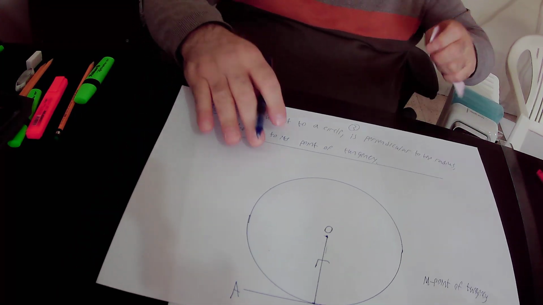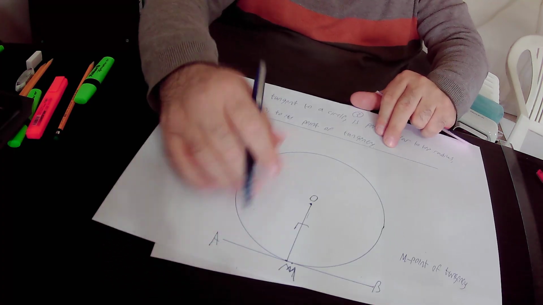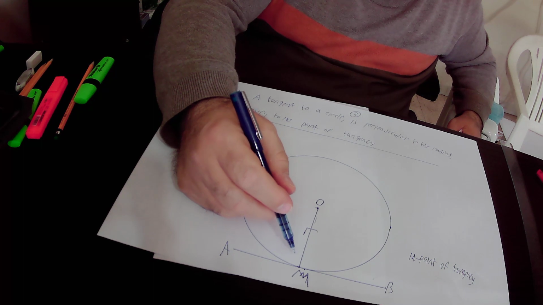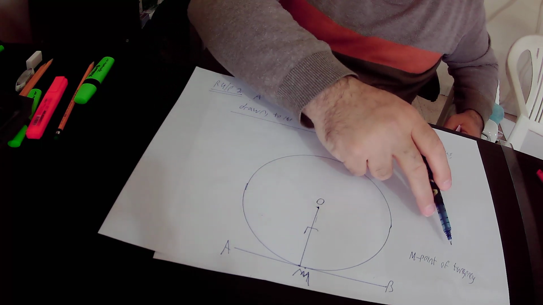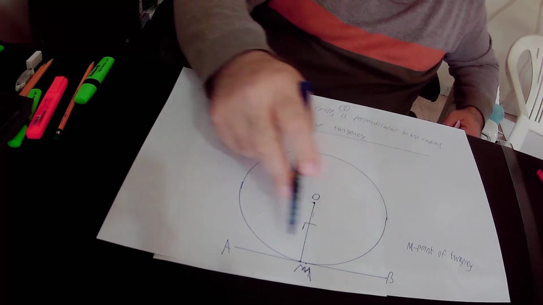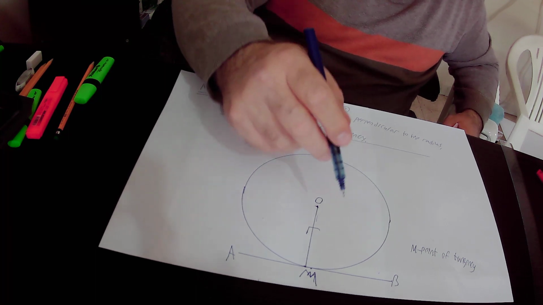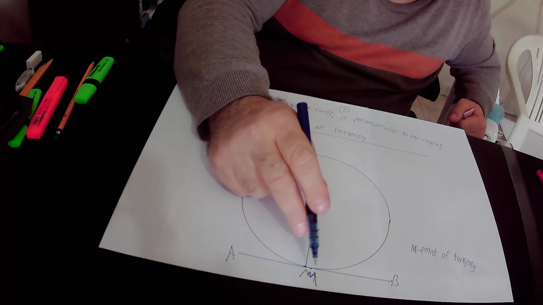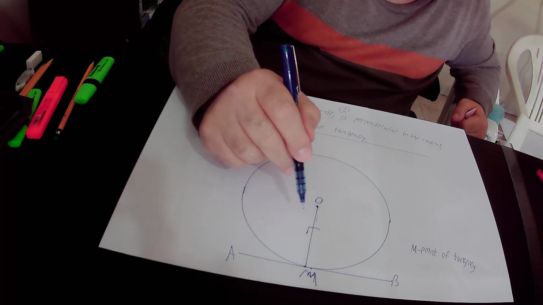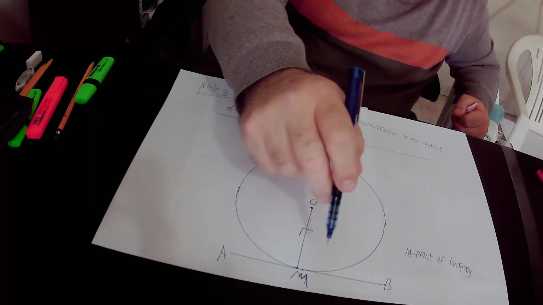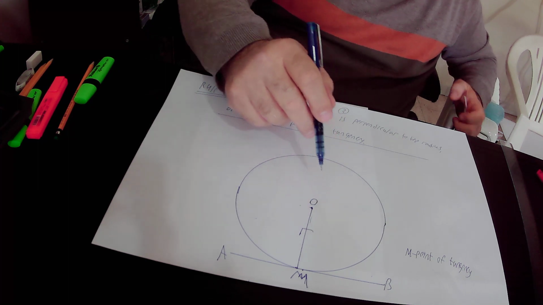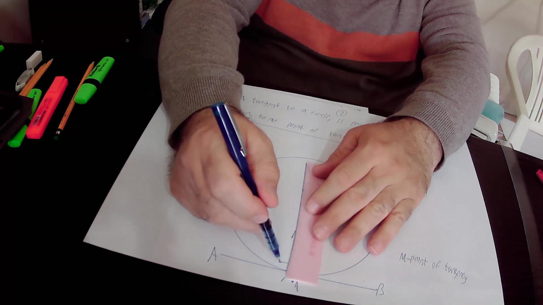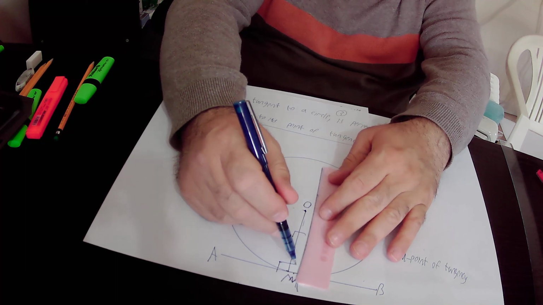And here we have the radius OM. It is drawn to the point of tangency, that is to say, it is drawn to point M, that is the point of tangency of tangent AB with this circle. And whenever you have a radius that is drawn to the point of tangency, then the tangent will be perpendicular to that radius. In this case, the tangent AB will be perpendicular to the radius OM. That is to say, this angle will be equal to 90 degrees, and this angle will be also equal to